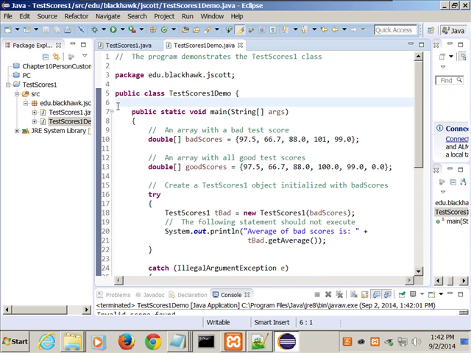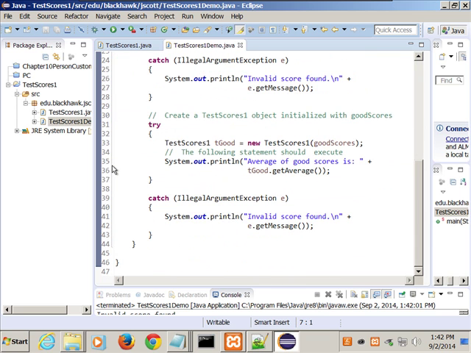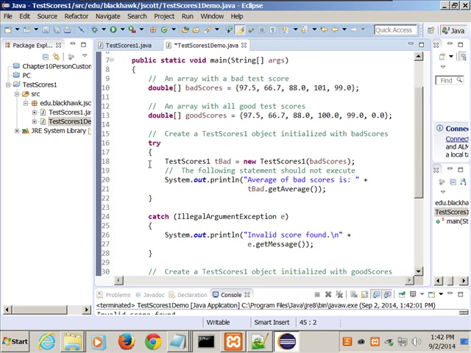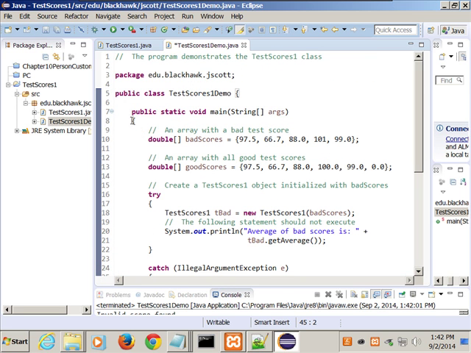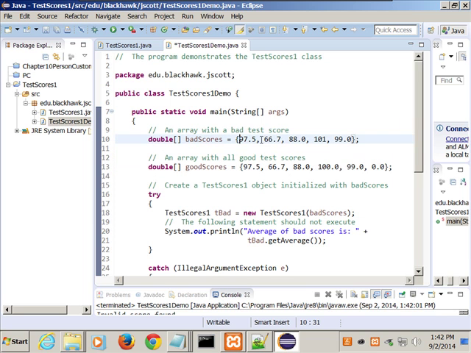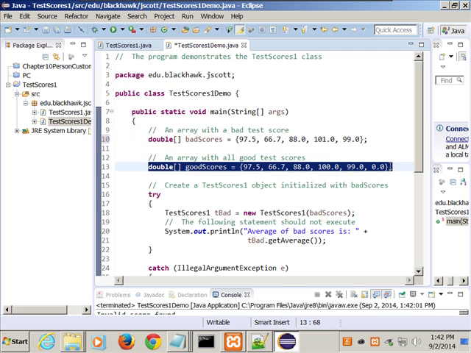So again, taking it from the top, what we did here was inside of main, which is where we are. In main, the whole thing, what, 45 lines, so it's not real long. But inside of main right here, we created 2 arrays. One of the arrays, and notice it said at location 3, because remember arrays, location 0, location 1, location 2, location 3. I didn't have to put point 0 there. I just tried to put a point something on all of them just because it was doubles, but even if you don't, it's okay. So we created 2 arrays, one that has a bad score, one that does not have a bad score.